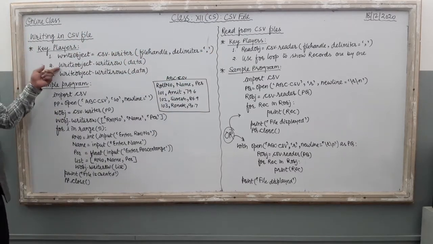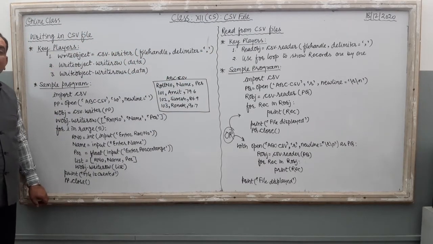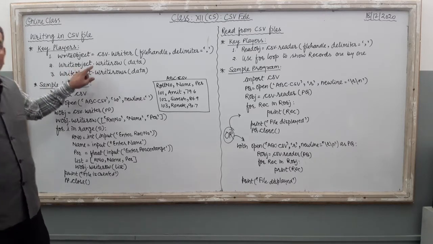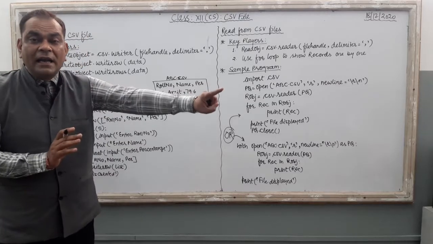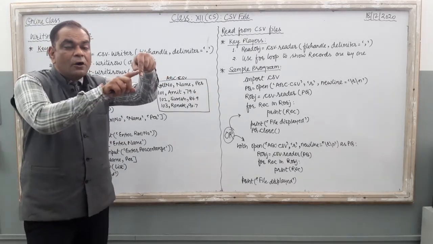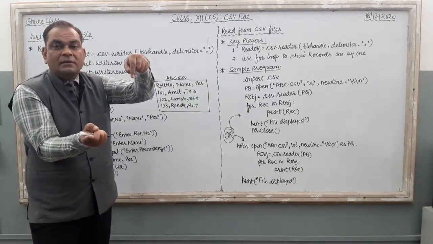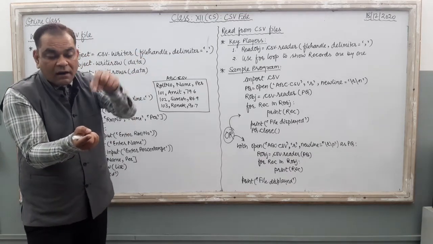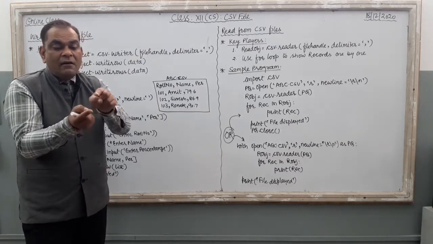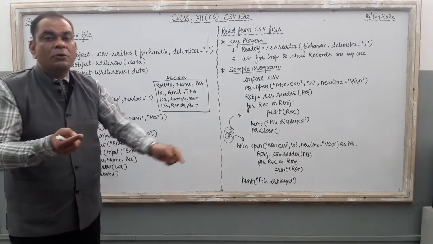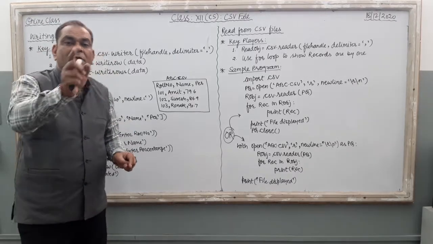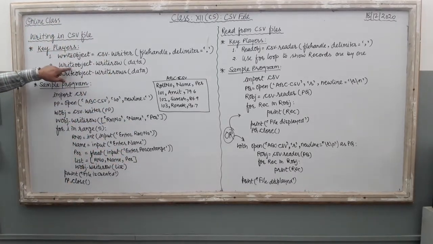Now the second thing, what is the command to write something in the writer object, right? You cannot write data directly in the file handle. Your file handle should be linked with the writer object, right? You are having commands to write something in the writer object, and then with this writer object you are going to upload the data in the file handle. This indirect process is available for CSV file. So you should create write object.